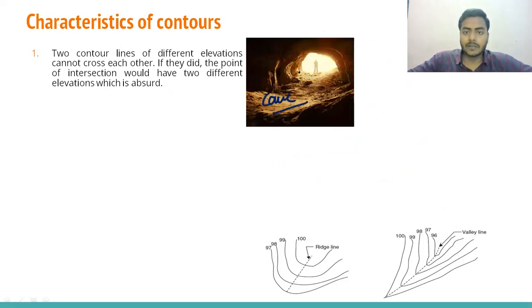Also, when you draw the contour lines, they will cross, and you can see at this point the elevation is this one also. At this point the elevation is this one also, like 100 meters. Suppose this one is 107 meter. So at this point we have to show a 100 meter elevation and a 177 meter elevation also. So in this case you will see that the contour lines will cross each other.